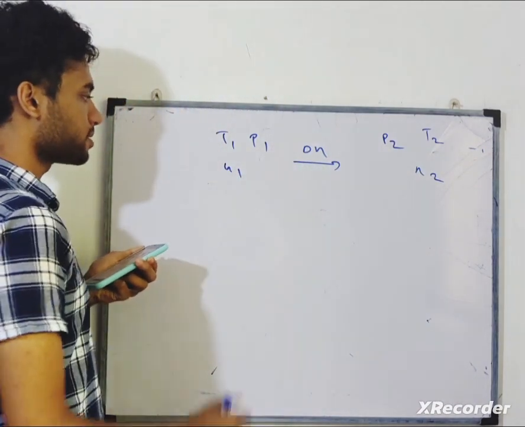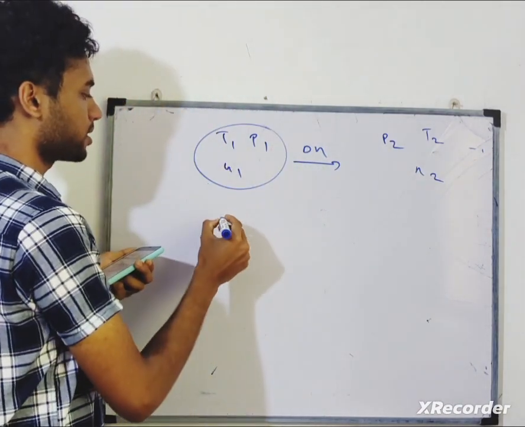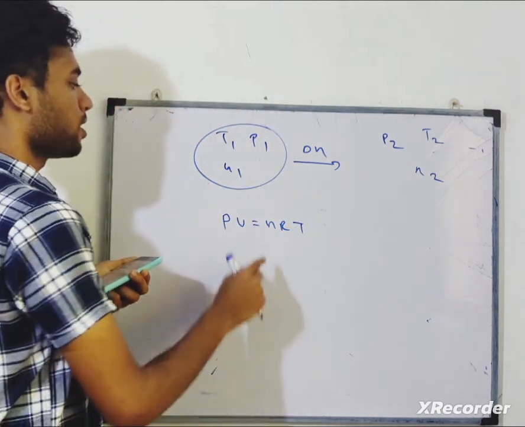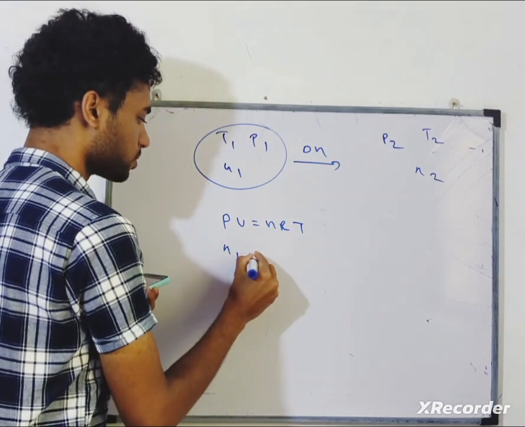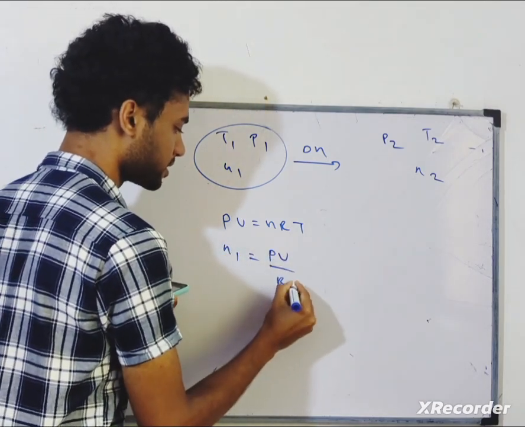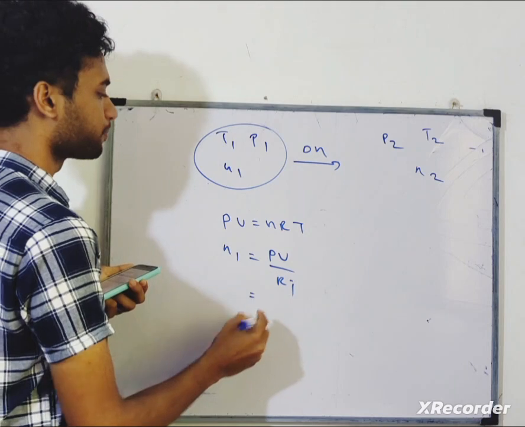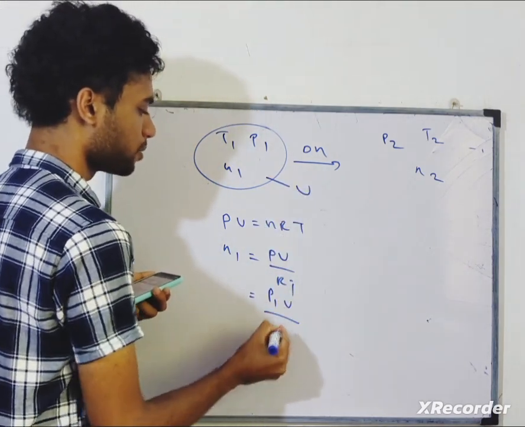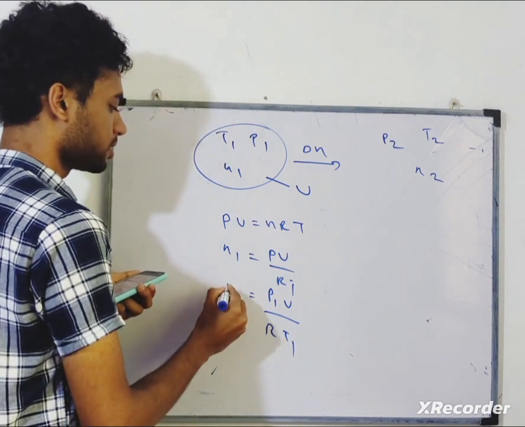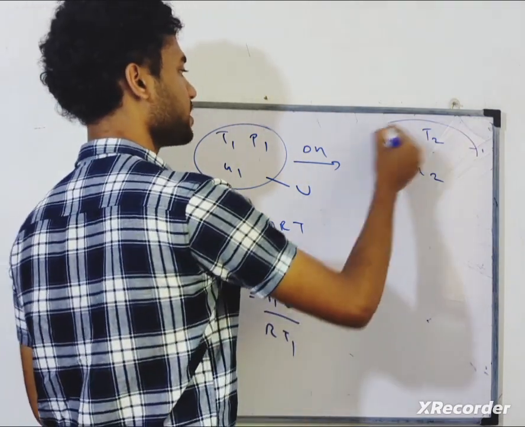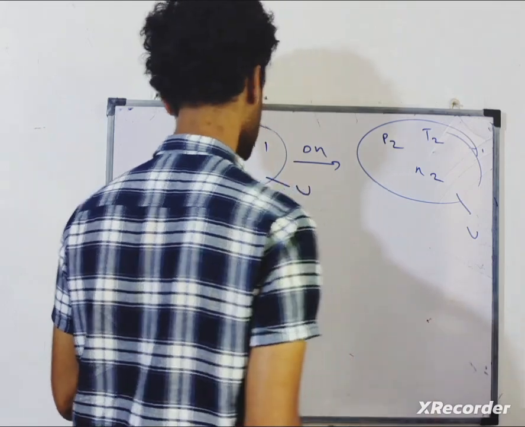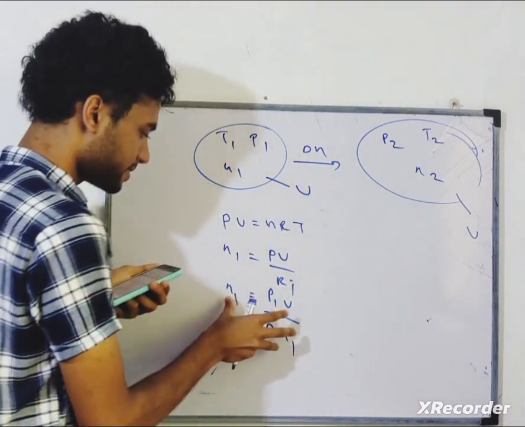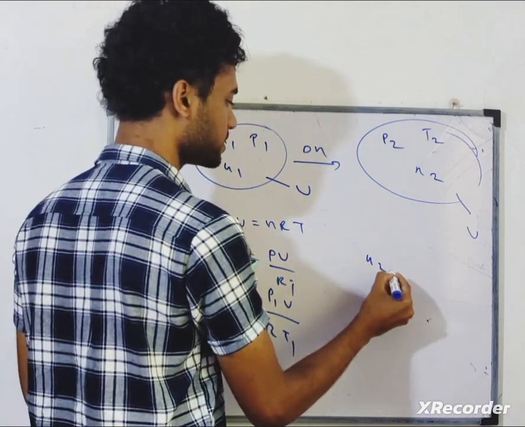So I can apply PV equals nRT to the first system. The initial number of moles N1 is equal to PV divided by RT, which is P1 times volume V divided by R times T1. The same volume is there; we have not changed the volume. And R is the universal gas constant, it doesn't change as well. So similarly, in the same way, I can write N2 is equal to